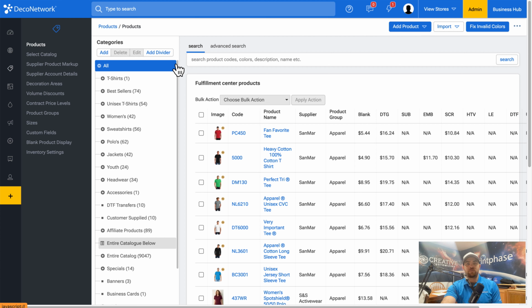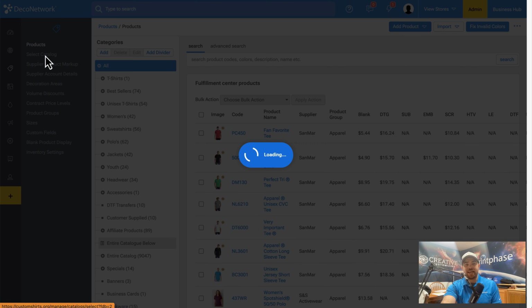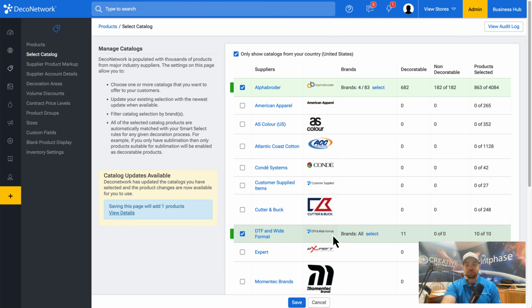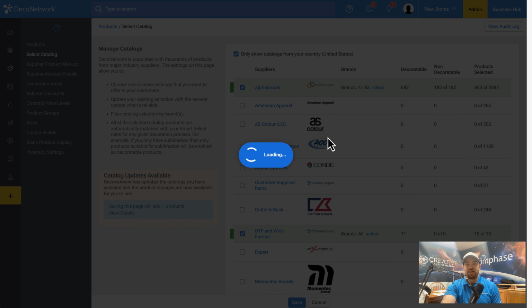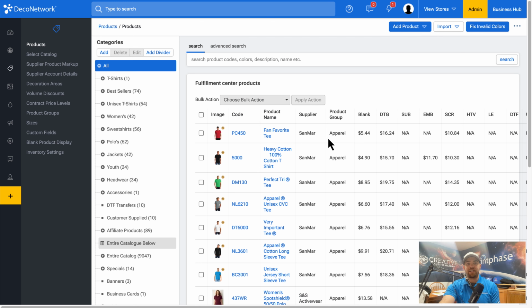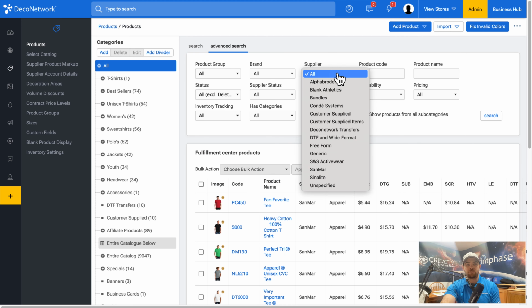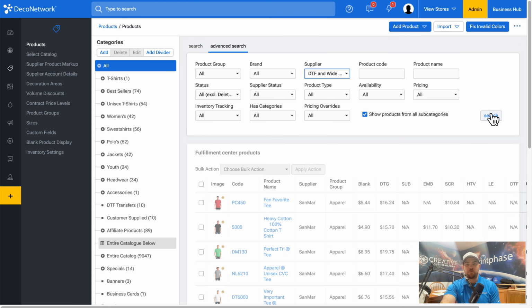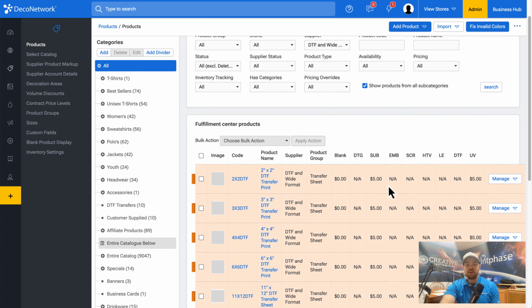To add these products within DecoNetwork, it's a good idea to check out what Deco has already created. Come into the Products Select Catalog, and from here you will find a DTF and Wide Format product catalog. Simply turn this catalog on, click Save, and the dozen or so products will be added to your account. To quickly find them, come into Advanced Search, search by supplier, DTF and Wide Format, and from here we can